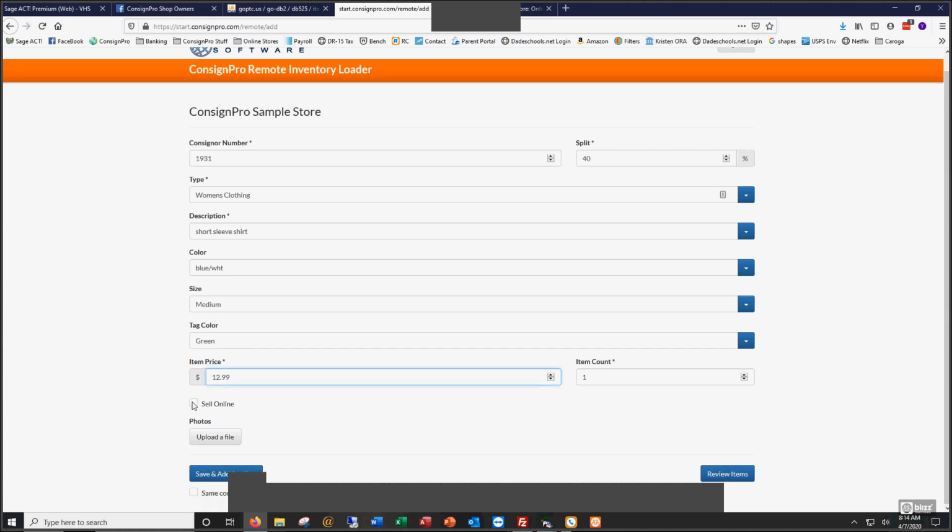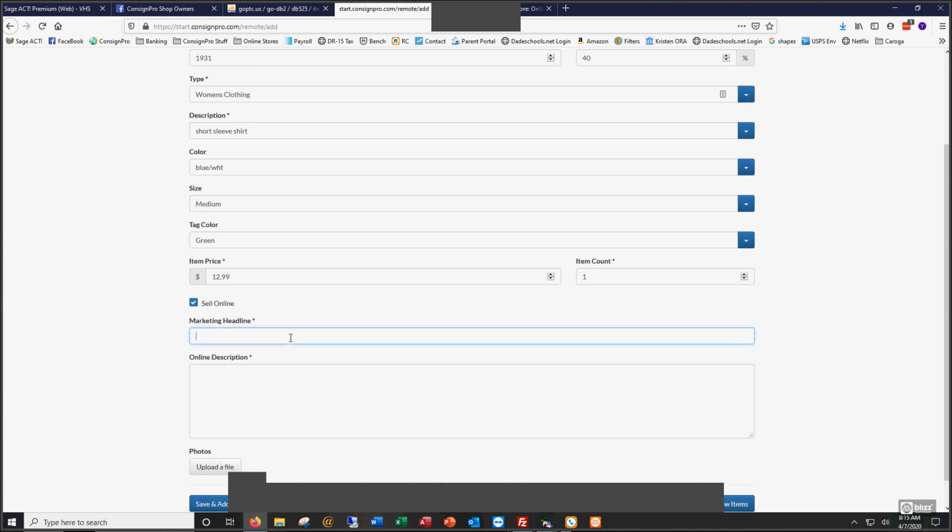We're going to sell this online. There's a checkbox here that says I do want to put this item not only in the Consign Pro database, but I want to put it in my online store as well. So I'm going to click on Sell Online. Great. Short sleeve shirt. And this is my blue and white striped